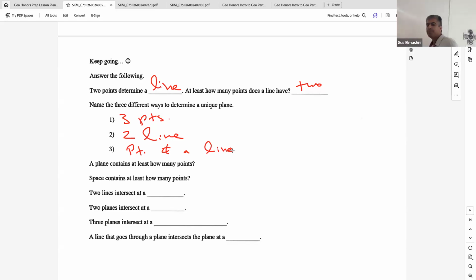Any two-dimensional shape. A plane contains at least how many points? Go ahead, Dave. Three points, and it's an and symbol. My apologies, I struggle with writing that. A plane contains at least how many points? 3. Space has 4. Two lines intersect at a point. Two planes intersect at a line. Three planes intersect